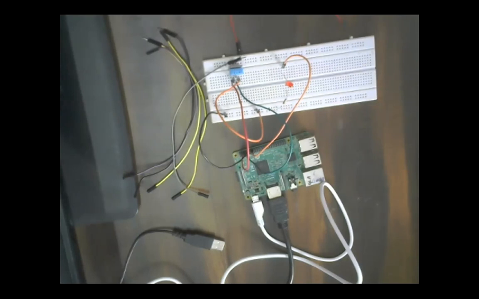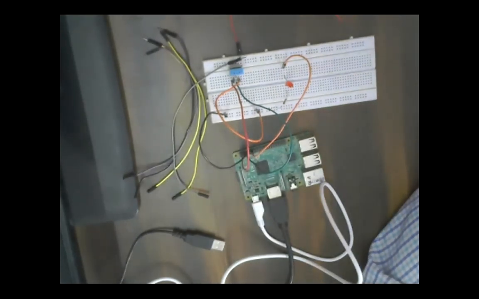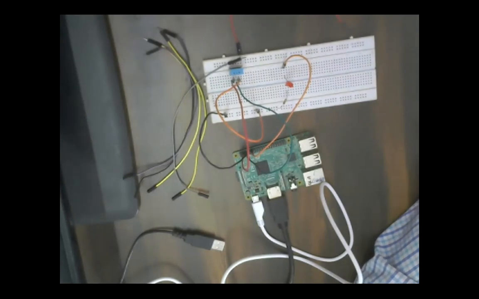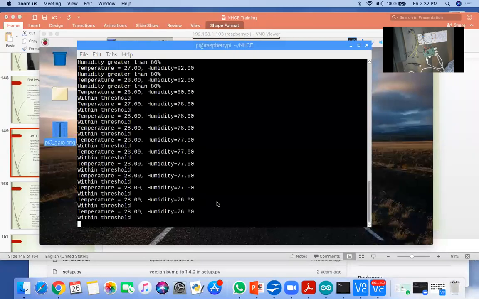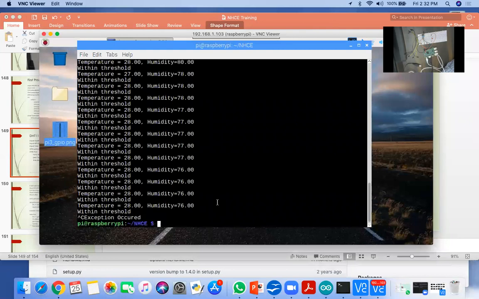So when humidity or temperature or any sensor value goes beyond the threshold, it starts ringing, or a visual indication or audio indication, any indication we can put there. It's a very simple technique to do this. So just Control C, I'm doing Control C. My program is over. Okay, so this is the simple check that my DHT is working or not.